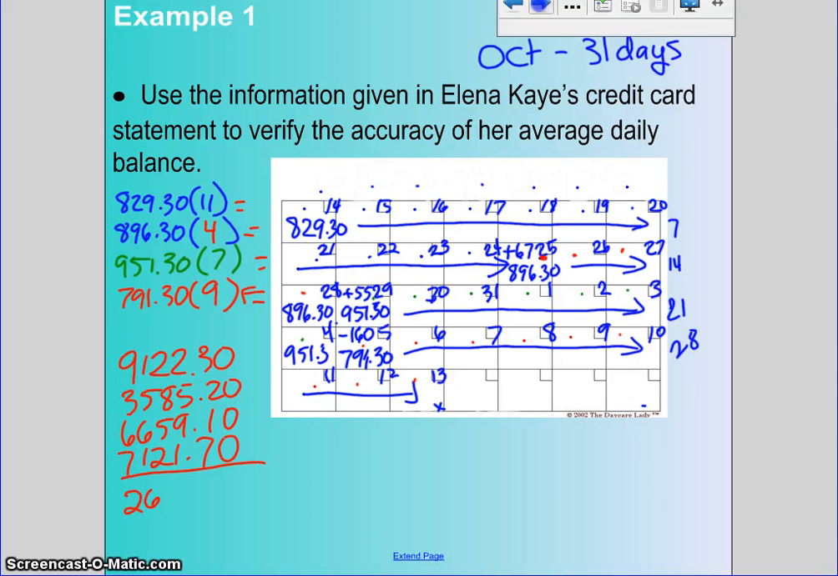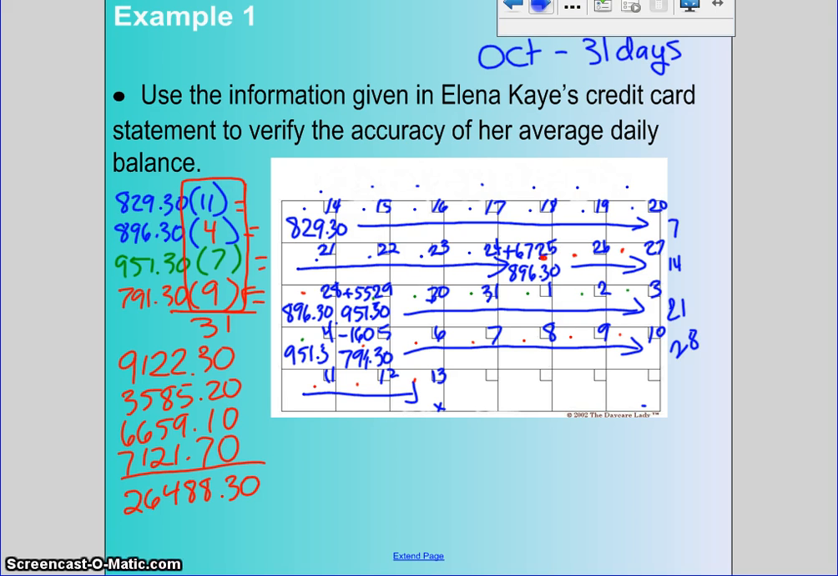I get a total of $26,488.30. And if you remember from the last unit, the last step was to go ahead and divide by the number of days in the cycle. And the number of days in the cycle I see are right here. So 11 plus 4 is 15, plus 7 is 22, plus 9 is, it looks like there's 31 days in